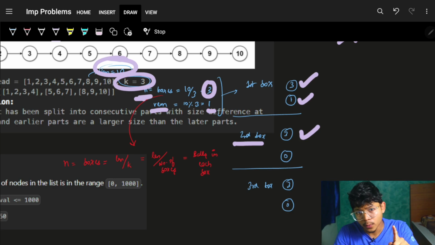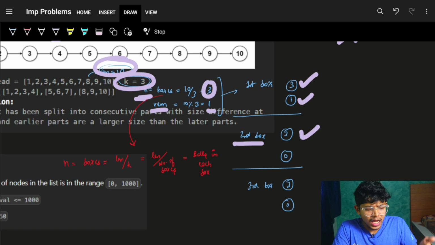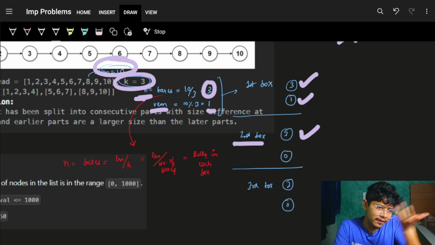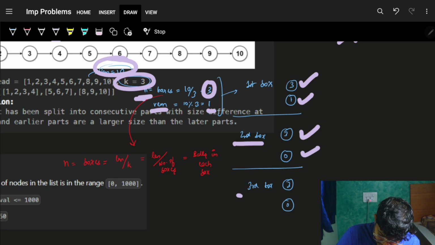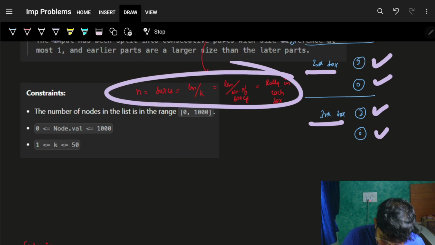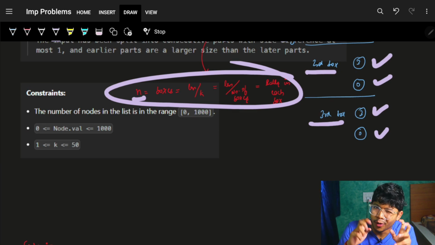It can be either 1 or 0. Until the remainder is there, you keep having 1. As soon as the remainder goes away, you have 0. Okay, it's 0. Again, for the third box it's 3, and then the remaining is 0. Cool. As you will see, again, to get n as the number of balls in each box,